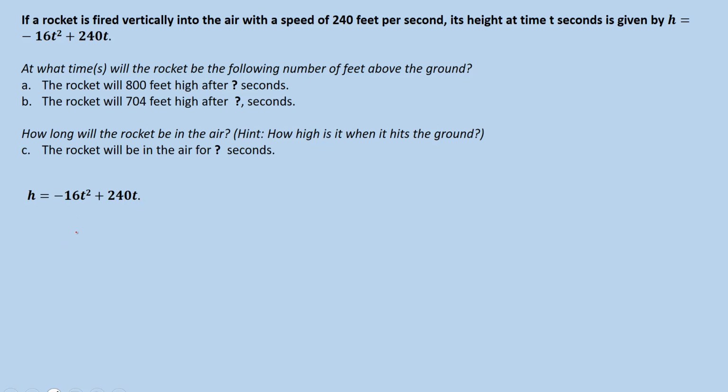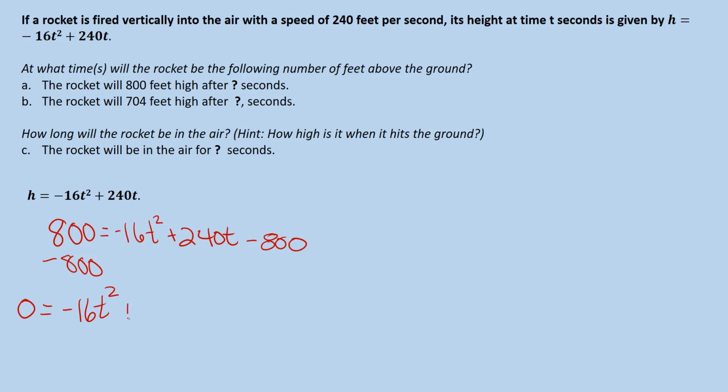Well, h stands for our height, so let's go ahead and plug in 800 in place of h, and we continue with the rest of the equation. So at this point, all we need to do is rearrange this equation and solve for t. I'm going to move the 800 over, and I know that's going to leave a negative in front of my 16t squared, but I'll show you what we can do to deal with that. So now I have 0 equals negative 16t squared plus